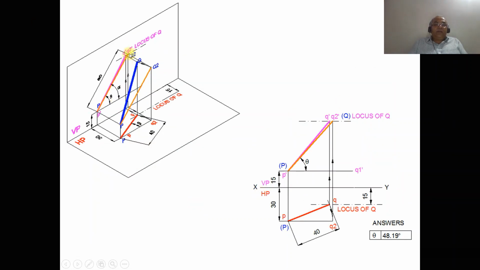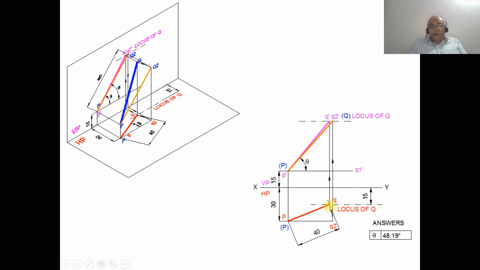now we will take the true length in the front view. To get the true length in the front view, with P as center, taking the radius of PQ, which is the line in space, rotate it such that both capital P and Q2 are in front of VP by 30 mm. When you are projecting this onto the top view, with P as center, taking the radius of small pq, you rotate it such that both small p and Q2 are in front of VP by 30 mm. Now the line is parallel to VP. When you look from the top view, you get this, and when you look from the front view, you project from here. Both will intersect at this point on the locus of Q. You mark this point as Q2 dash, join P dash Q2 dash. So this is how you find the true length in the front view.